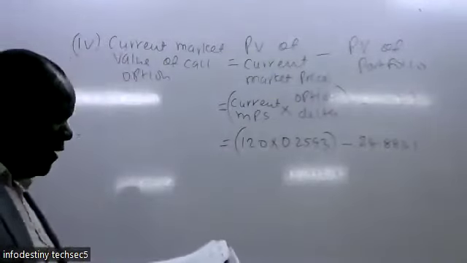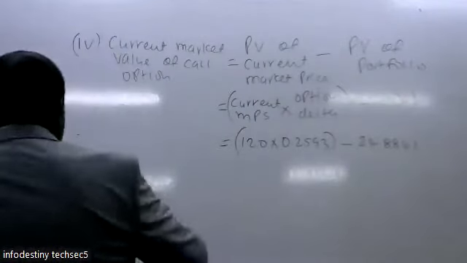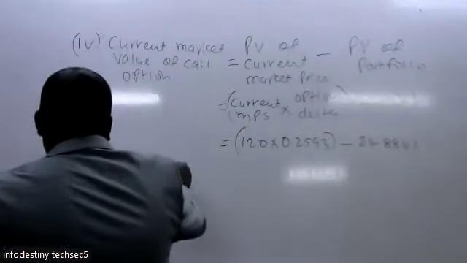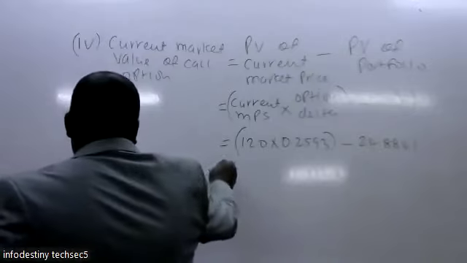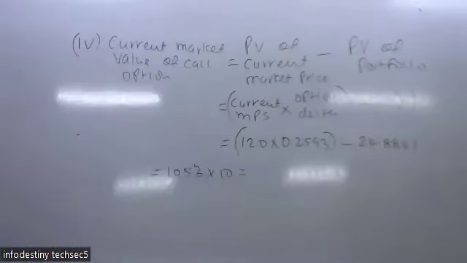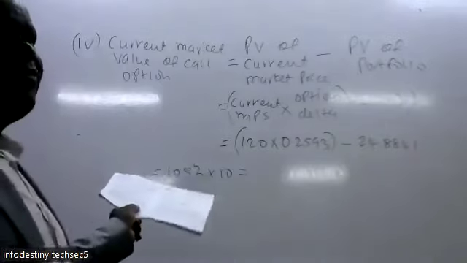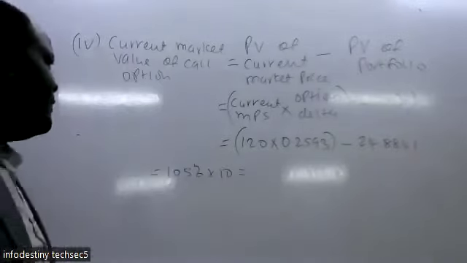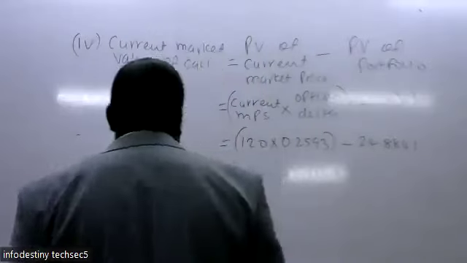So if it increased by 5%, you get 105% of the 10. That will give us